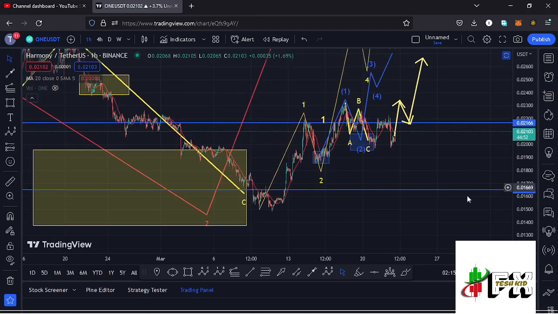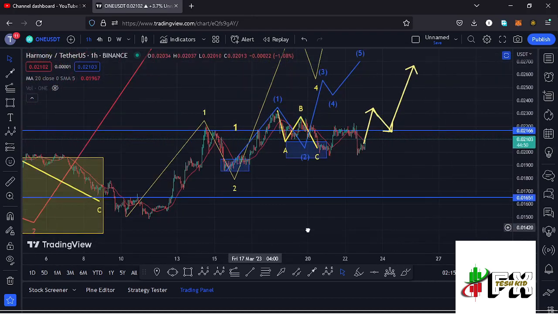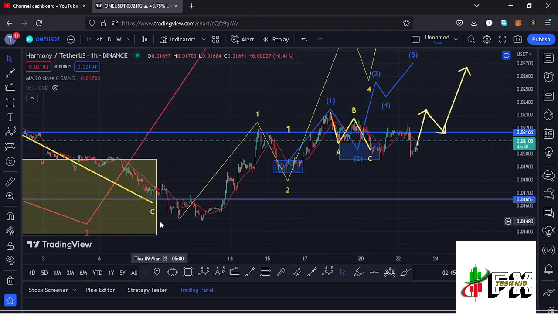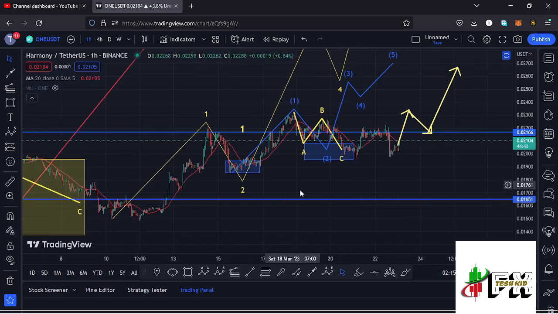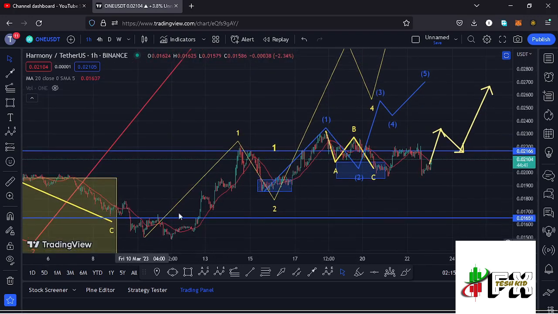you can see that after seeing our low in the formation of this wave 2, we started this massive run up to the upper side obeying the Elliot wave structures, where you can see that I have this Elliot wave structure in yellow, having the first wave giving us a peak at around the $0.02212 mark, and after seeing the